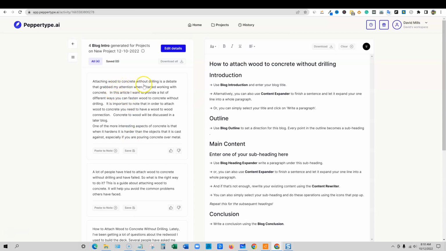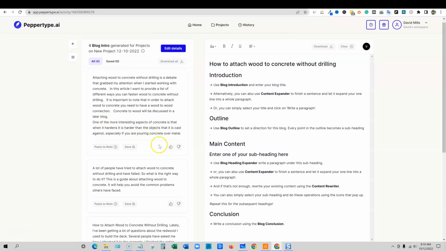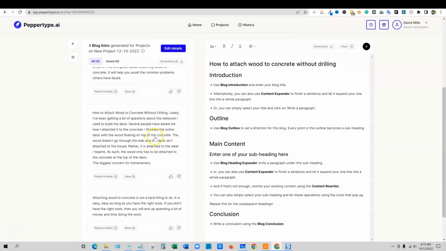Attaching wood to concrete without drilling is a debate that grabbed my attention. Fasten wood to concrete without drilling. It is important to note that in order to attach wood to concrete, you need to have a wood-to-wood connection. Concrete to wood will be discussed in a later blog. One of the most interesting aspects of concrete is that when it hardens,